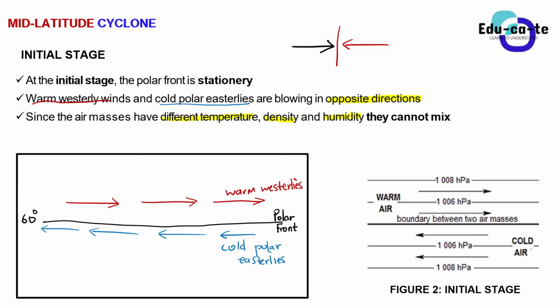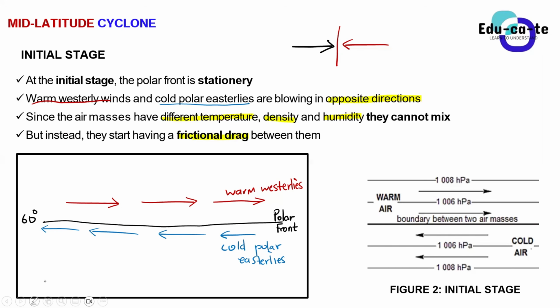Are we still together? Taking it slowly, because these air masses are not mixing with one another, instead, what will happen? They will have a frictional drag. So we use the term frictional drag. Some of you guys are doing physics. You know what friction is, right?